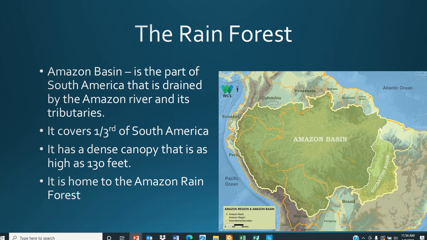Let's move on, and we're going to talk specifically about the Amazon basin and the rainforest. What is the Amazon basin? It is part of South America that is drained by the Amazon River and its tributaries. So look, this whole green section right here, this is the Amazon basin.